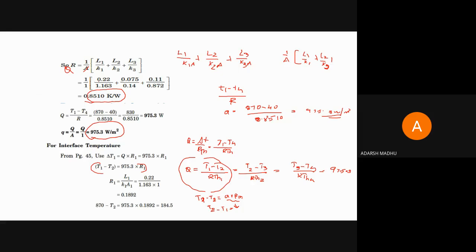So here we can find the T2 by the equation. For most of the problems in this topic, the interface temperature will not be given. You want to find the interface temperature like T2, T3, T4, etc. Or a surface temperature will not be given, but the interface temperature is given. So in this condition, we can only use this equation. That is, equate the rate of heat transfer for the 3 layers, equate it to the total heat transfer value, and find the interface temperature T1, T2, or anything like T3, T4. So this is the equation.